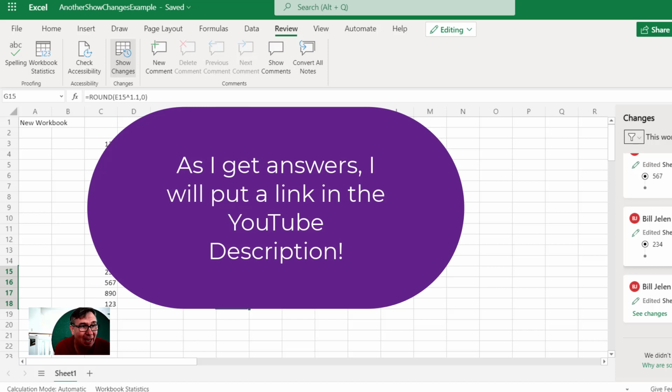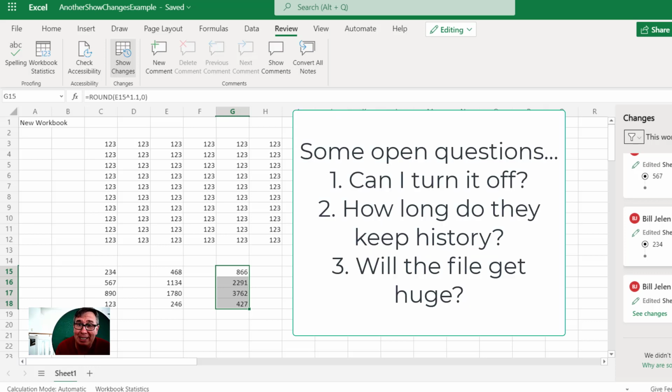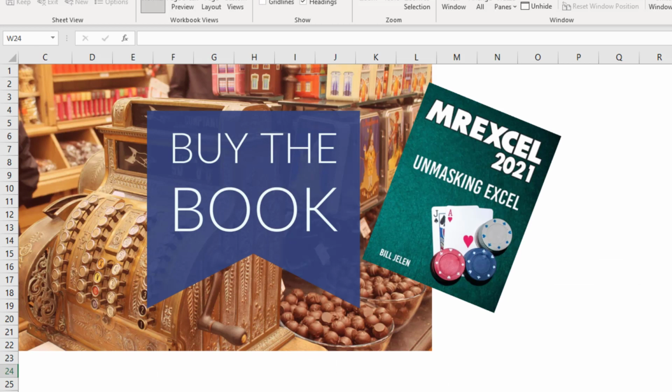Check this out. A great new feature that's coming to Excel Online first, but it will really help all of your documents. Even if you're working in Win32 and saving them to OneDrive, you'll be able to come and get this complete history. How long do they keep it? I'm not sure. Try and figure that out. Yet another feature that makes this book obsolete. I'll have to update this book. Mr. Excel 2021 has all kinds of other great features in Excel.